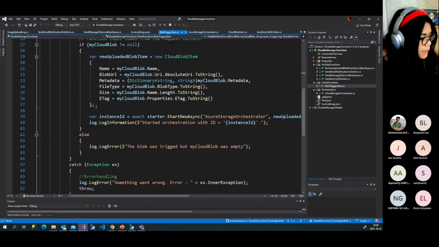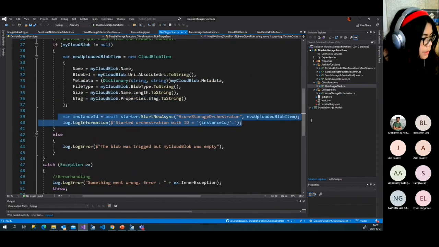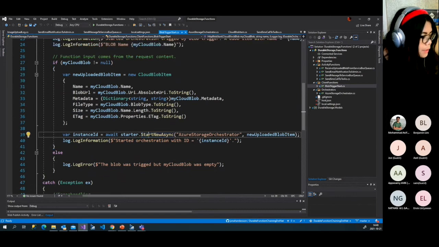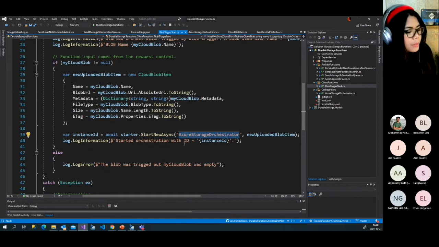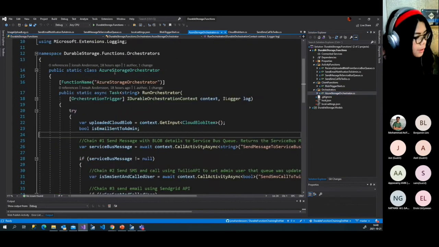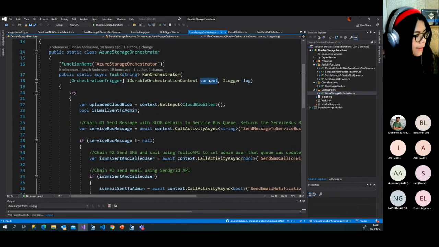And what I do is that I use the method starter. In line 39, I use a starter, start new async, and call the name of my orchestrator, which is called Azure Storage Orchestrator.